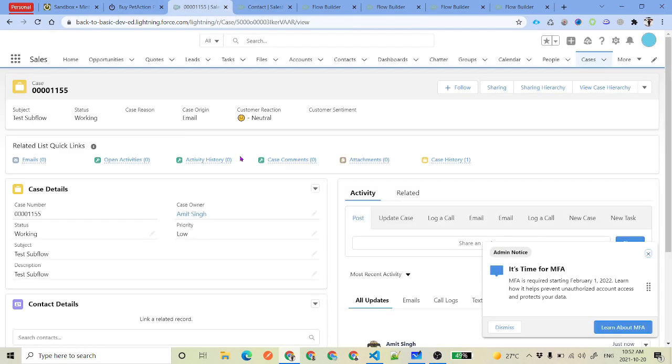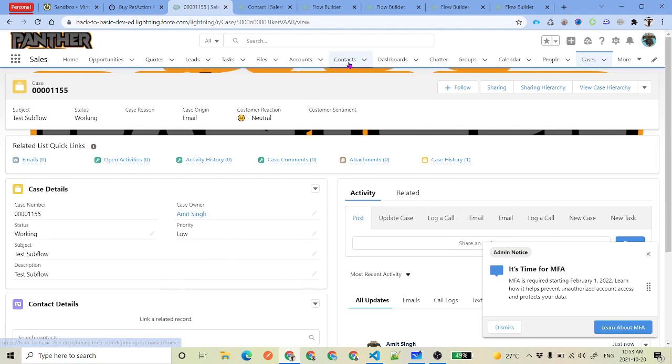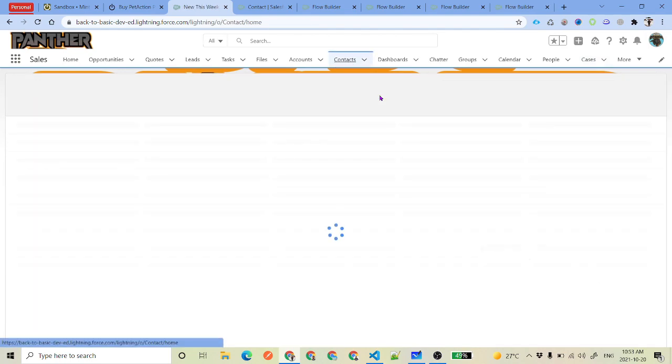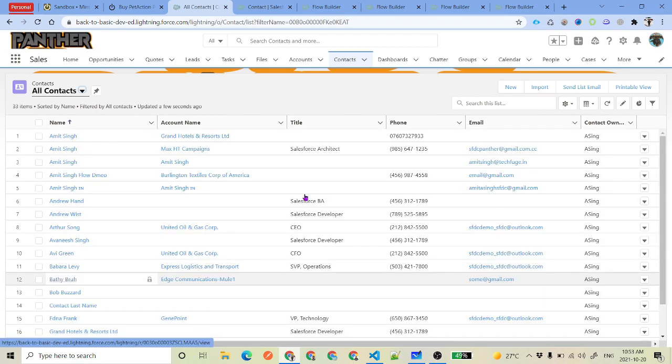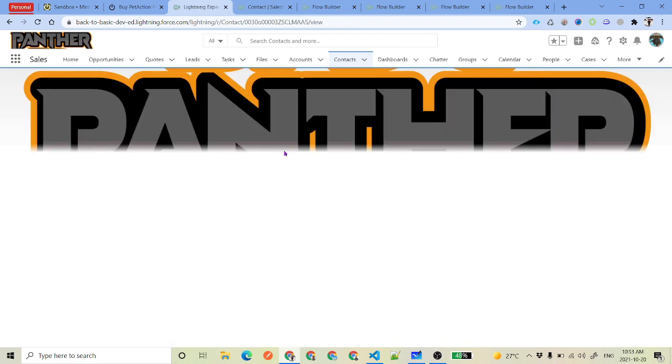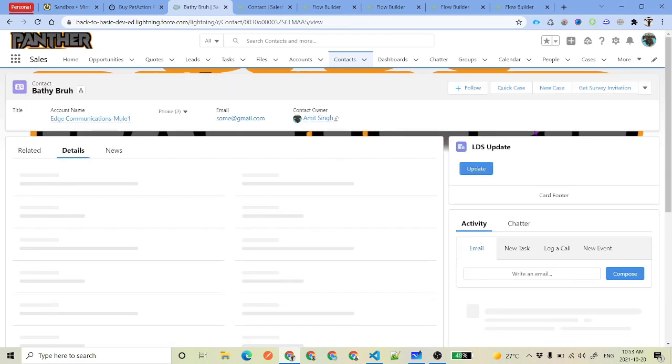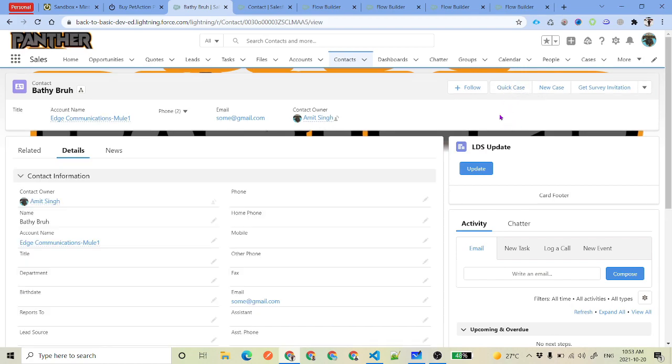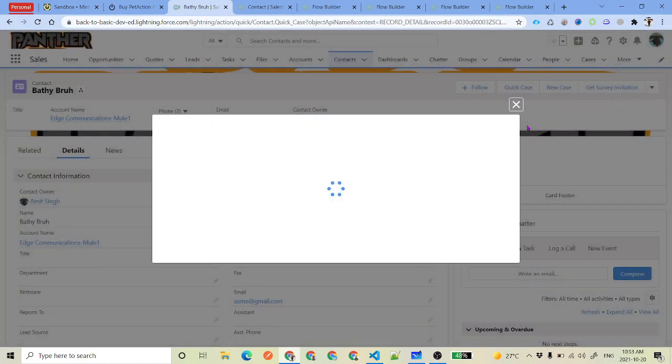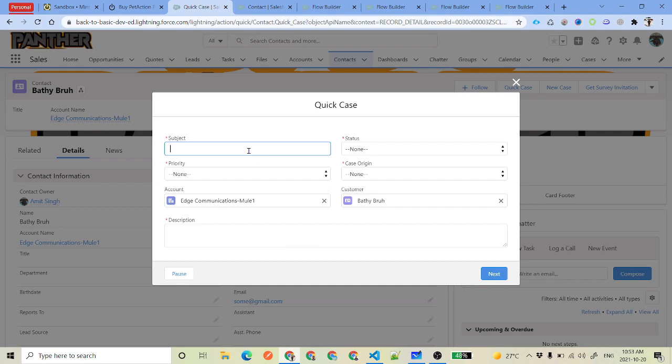Now to test this, I will open any random contact that I have. Let's say this Bethy, and here you can see the quick case. If we click on quick case, you can see we are getting subject, status, and both account and contact.